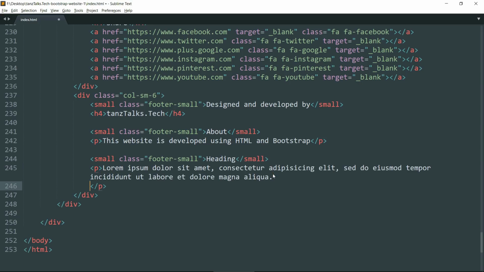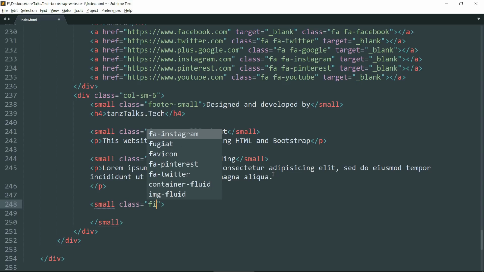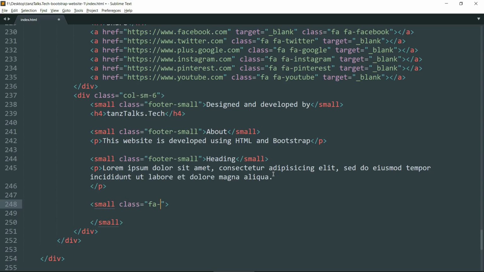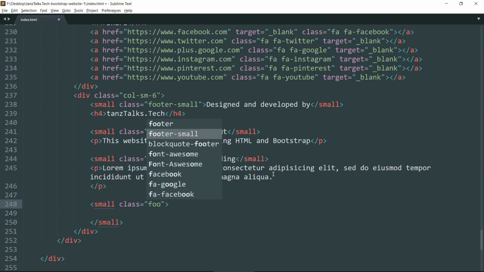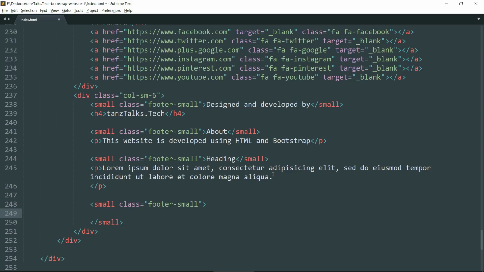Now close p tag. Now drop down and create another small tag and give it a class of footer hyphen small, not fa, footer hyphen small, and write address. Now close the small tag and create a p tag below and paste the text that we have copied earlier.